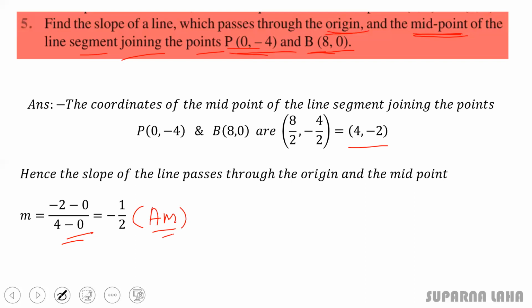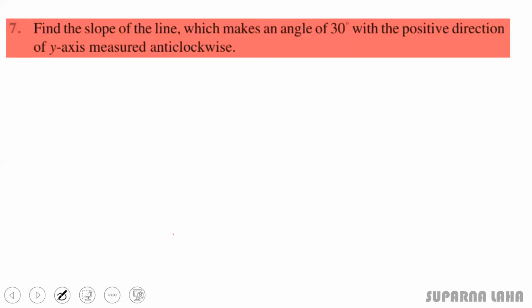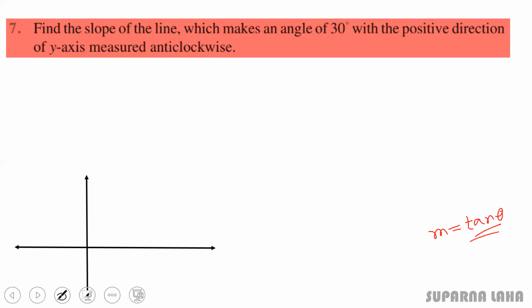So moving to the next question. Find the slope of the line which makes angle of 30 degree with the positive direction of y-axis measured anti-clockwise. First of all, draw the picture, because the angle is given with the positive direction of y-axis, not the x-axis. Since we know that m is equal to tan theta, where theta is the angle made by the line with the positive direction of